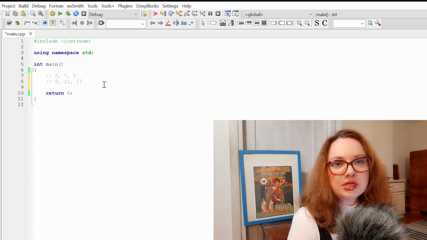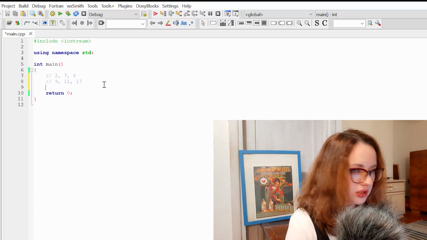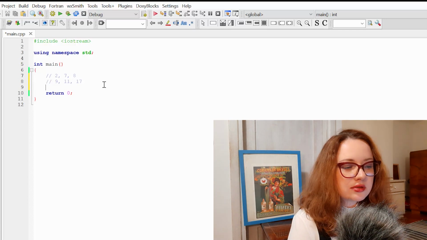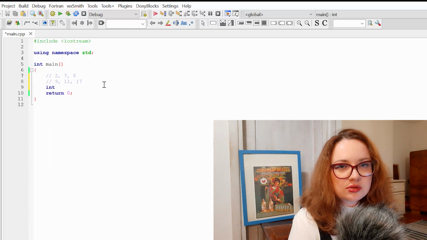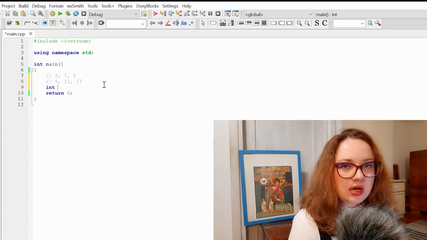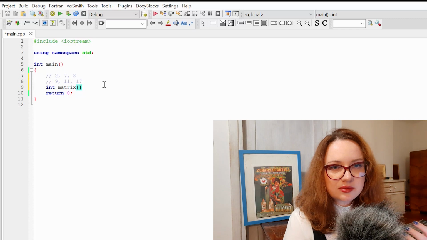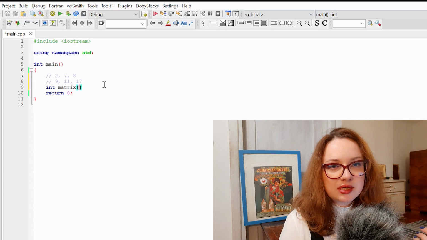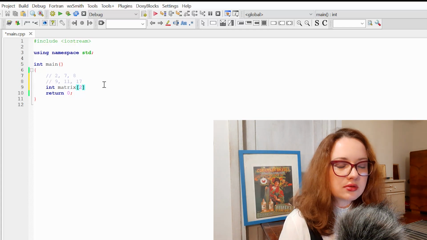To do that, we should now declare a multidimensional array. So to declare a multidimensional array, let's once again decide what will be the data type of our members. So I want to store integers here, so let's write int, and now we should give a name to our multidimensional array. Let's call it matrix. And now in the first square brackets I need to write the number of rows in my matrix, or in other words, the number of subarrays of my array. So it will be 2. I need to create 2 subarrays, 2 rows.